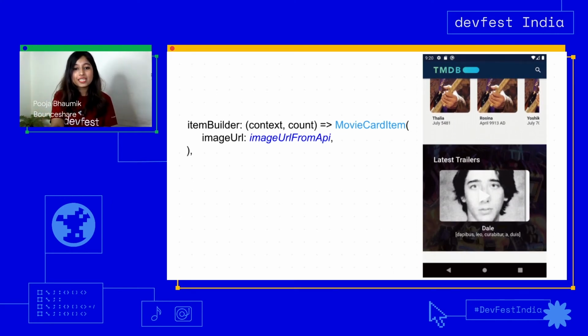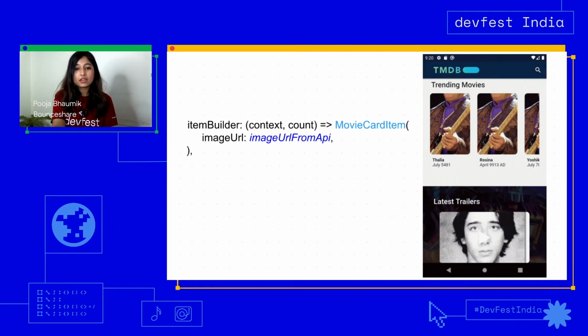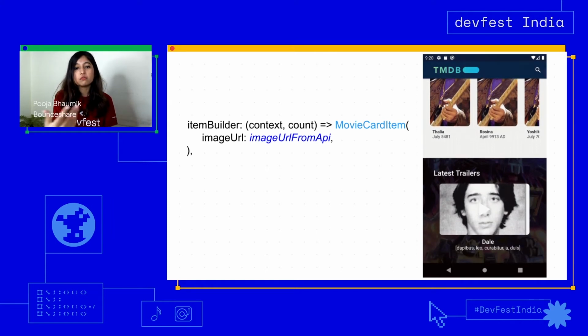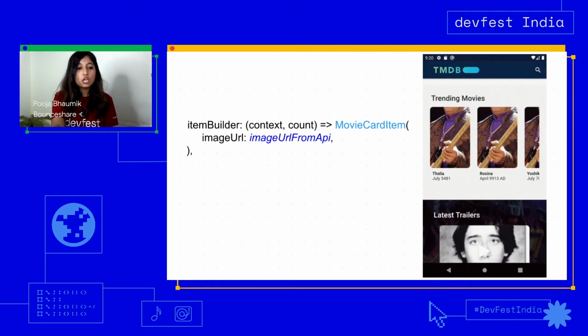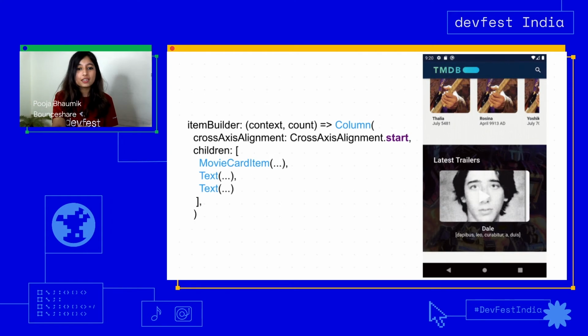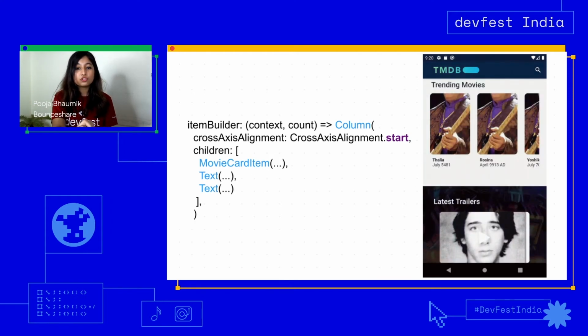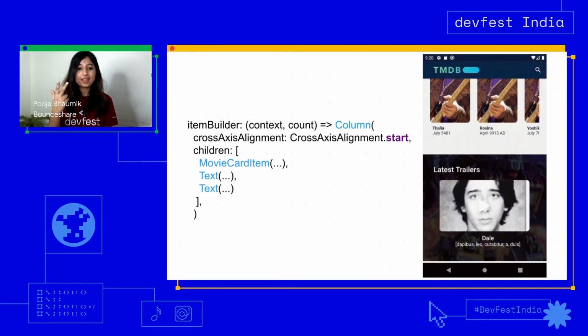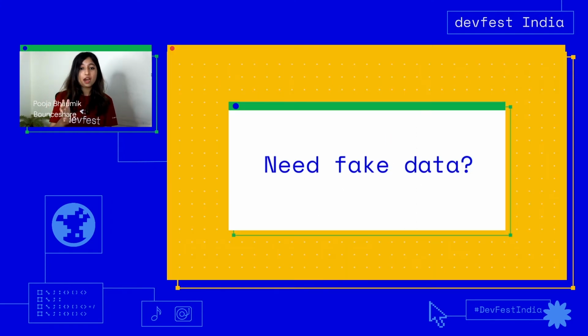So why don't we actually create an item builder, give an item builder a column of widgets where movie card item is one part of it. So here you can see that it will be a column which takes a movie card item, a text, and a text part, where we actually don't have so much data because we don't have APIs ready at this point, and we need to give data to each of these cards